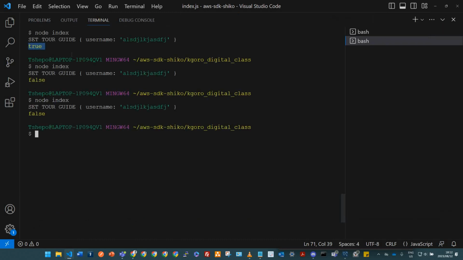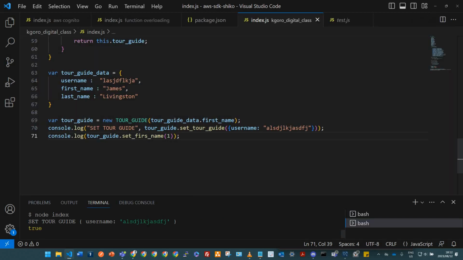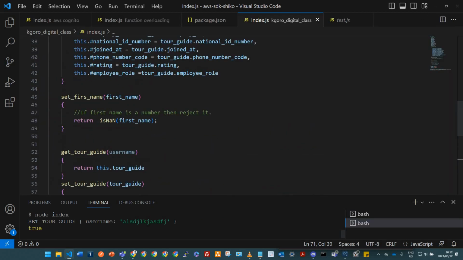The first one was true because we entered characters. The second one says false because we entered a number. So ultimately what it's saying is is this not a number, which evaluates to false if it is a number,